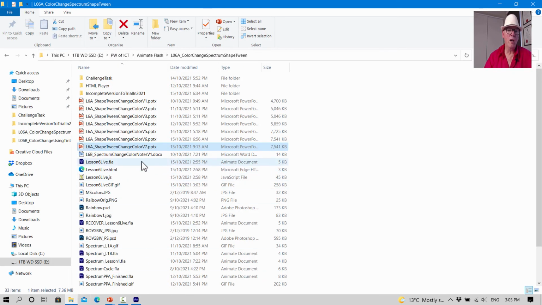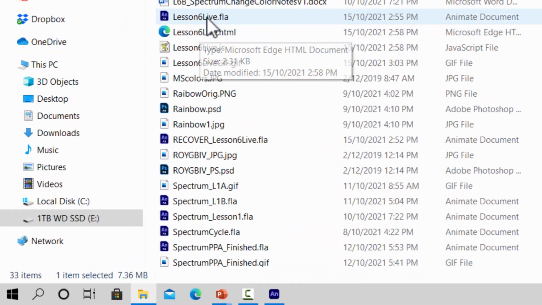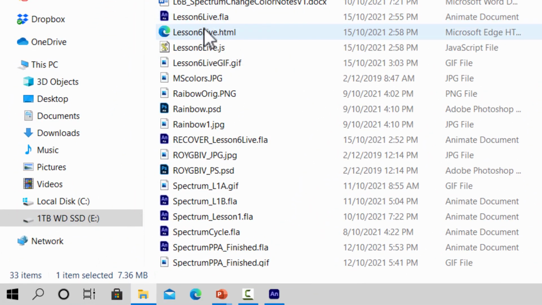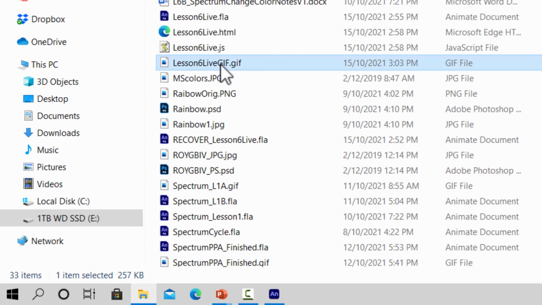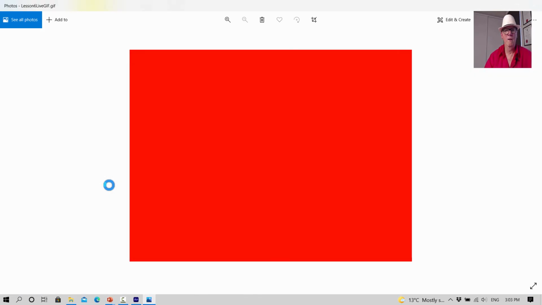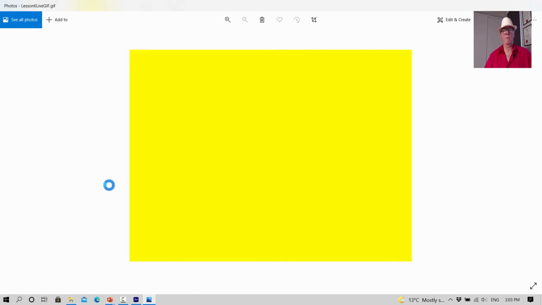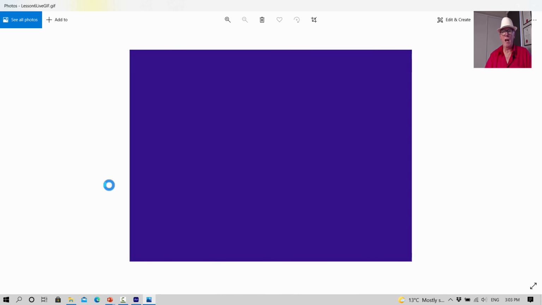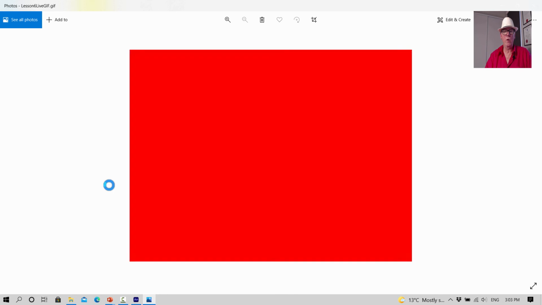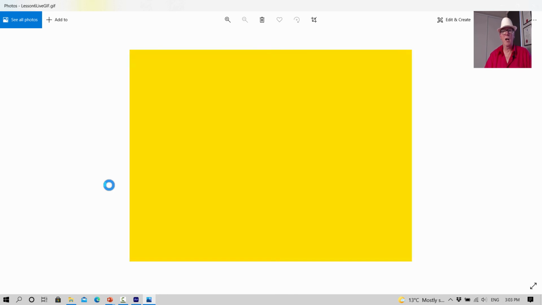And now if we go to this one, see, there's our HTML and there's our JavaScript, but there's one lesson 6 live big GIF. That's the one we need. If you double click on that, there we go. It opens up our Windows Photo Viewer, and we've got our animation running, and we have all the lovely colors